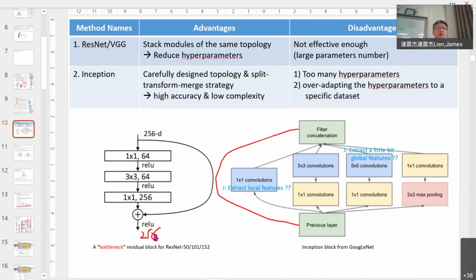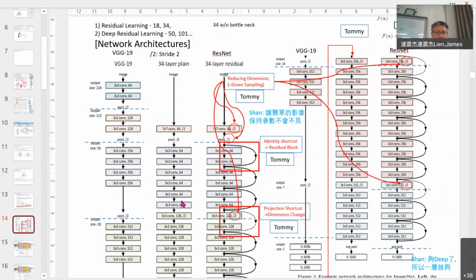Keep the same because we want to go deep. See, this is the same, right? Each one is the same. And it's 3 by 3. But this is not good. Because there are a lot of parameters here. 这有很多参数哦。